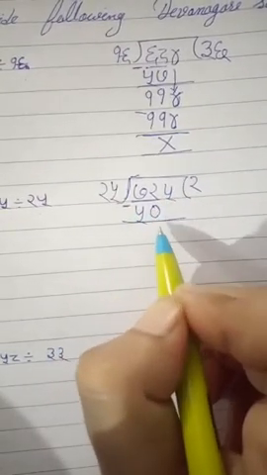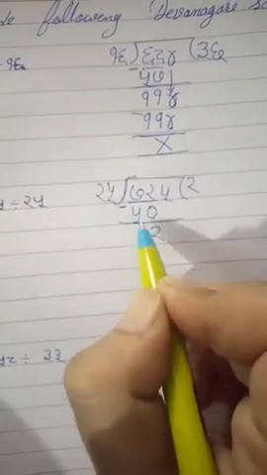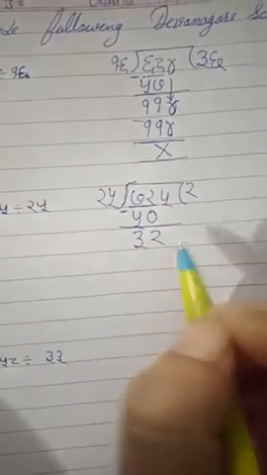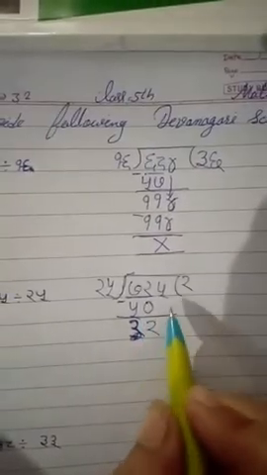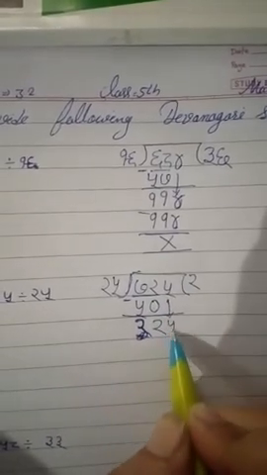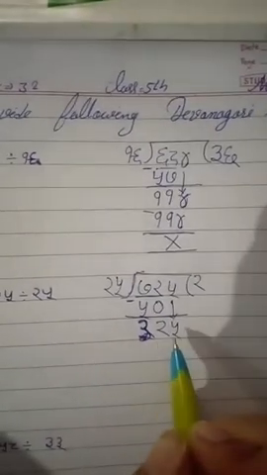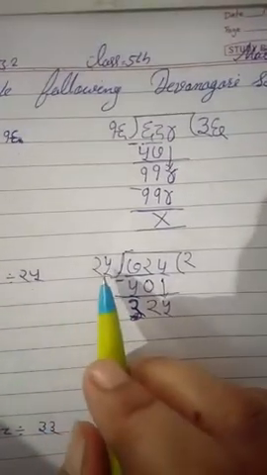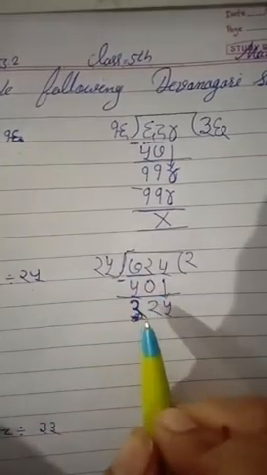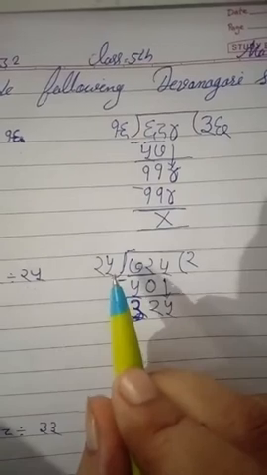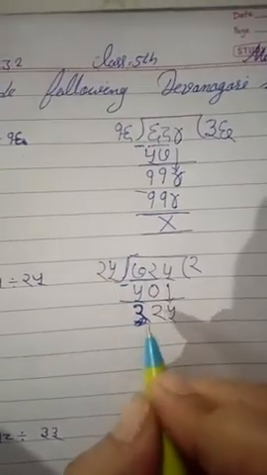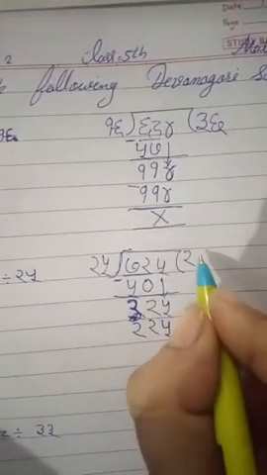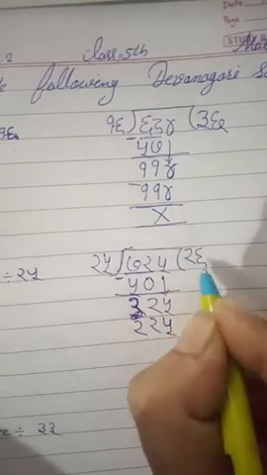Subtract the numbers. 2 minus 0, 2; 7 minus 5, 2. Next number 5, write down here. So the number is 225. Again speak the table of 25. We know that 225 does lie in the table of 25 in 9 times. So write it here 225 and 9 times.